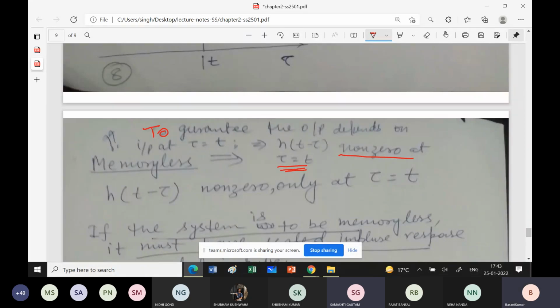और क्या है कि अगर सिस्टम मेमोरीलेस है, you just visualize सिस्टम एक मेमोरीलेस है, इसका मतलब ये है कि अगर मैंने इम्पल्स दिया किसी टाइम इंस्टेंट पे, मैंने इम्पल्स दिया, किस टाइम इंस्टेंट पे, t−τ मान लीजिए। हाँ, तो हमको आउटपुट जो है या इस इम्पल्स का जो रिस्पॉन्स है, ठीक है, it should be non-zero only at t equal to τ। ठीक है, और बाकी जगह पे, बाकी किसी टाइम पे ये जीरो होना चाहिए। It should be non-zero only at t equal to τ equal to t और t equal to τ। ठीक है,